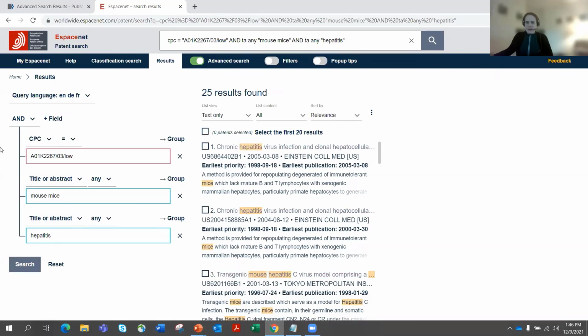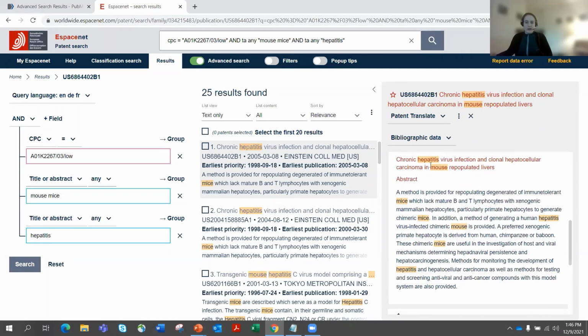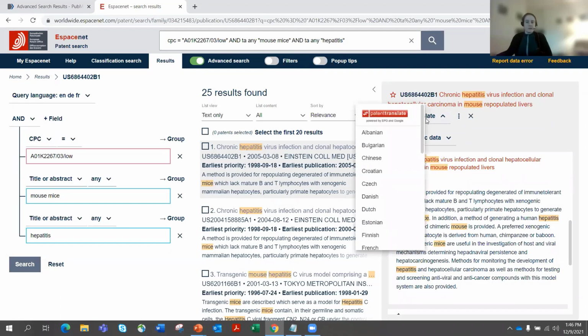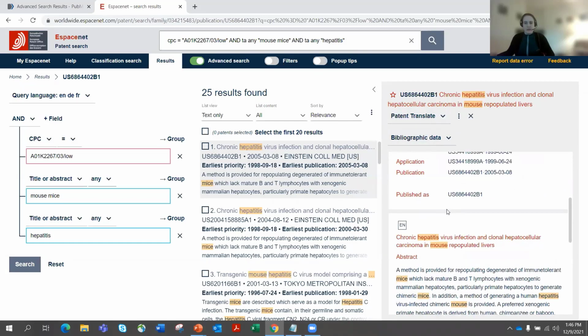And if we want to view one of the actual results, you can click on the result, and that will open it in a separate window. You can view the IPC codes, the International Patent Classification, which is actually an older classification system, which the CPC is built upon. You can scroll down and view the title and abstract. You can use Patent Translate if it's a non-English language patent in order to translate it using machine learning into whatever language, usually English. So this is one tool that's helpful for translating non-English patent documents if you need to just get a quick idea of what they're about.